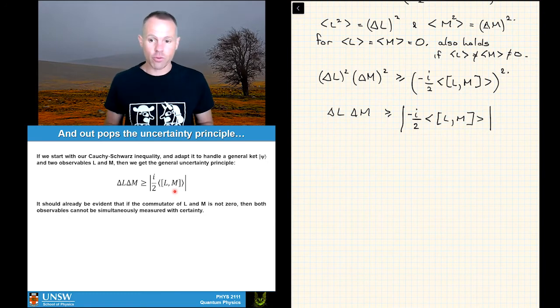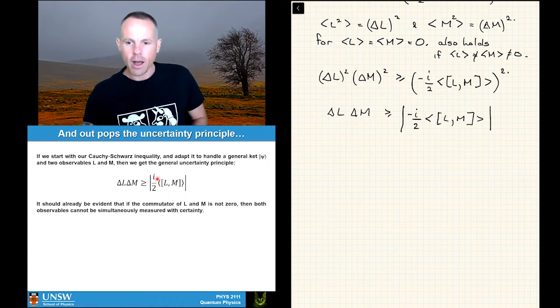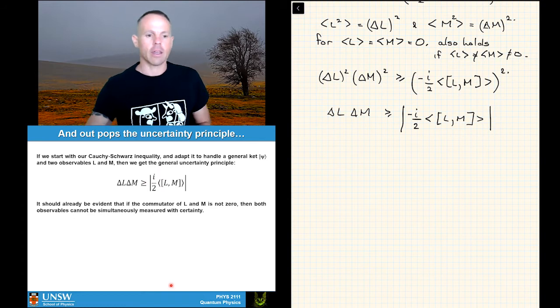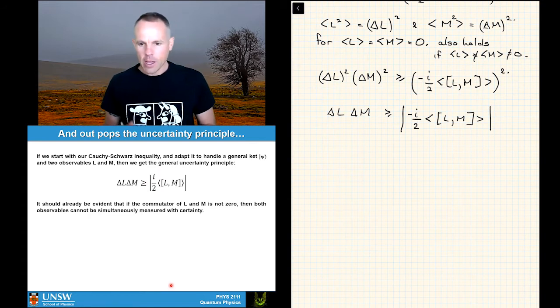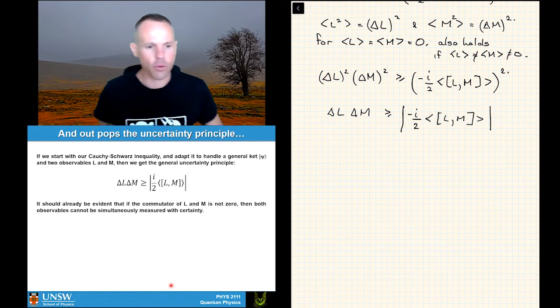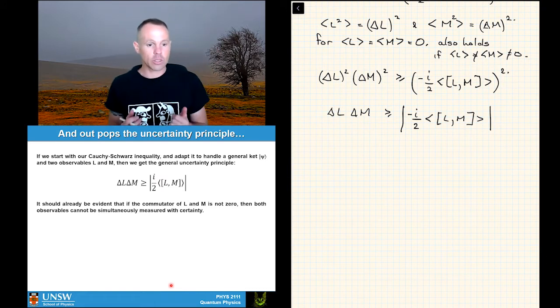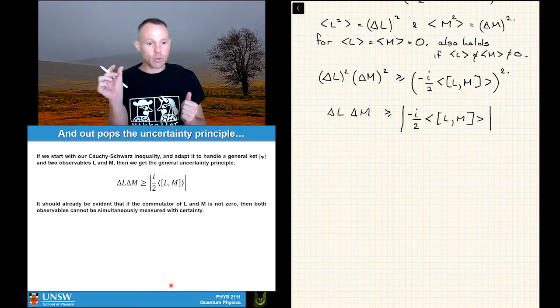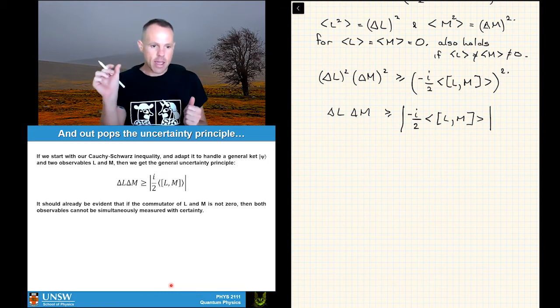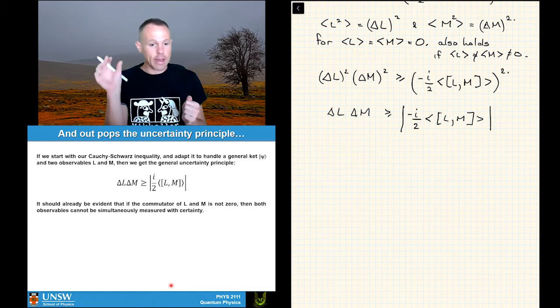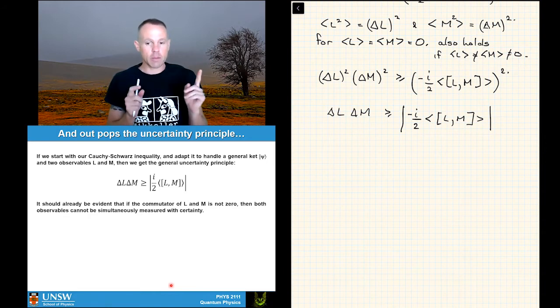They're just slightly rewritten versions of the same thing, dealing with the complex nature of this thing in slightly different ways. Okay, so that's our general uncertainty principle, and it holds for any two observables that you want in quantum mechanics. If the commutator is equal to 0 in that particular case, then the expectation value of the commutator will be 0, and that whole term on the right-hand side collapses. What that means is delta L, delta M is greater than or equal to 0, and in that particular case, you can actually measure those two observables with absolute certainty simultaneously, okay?